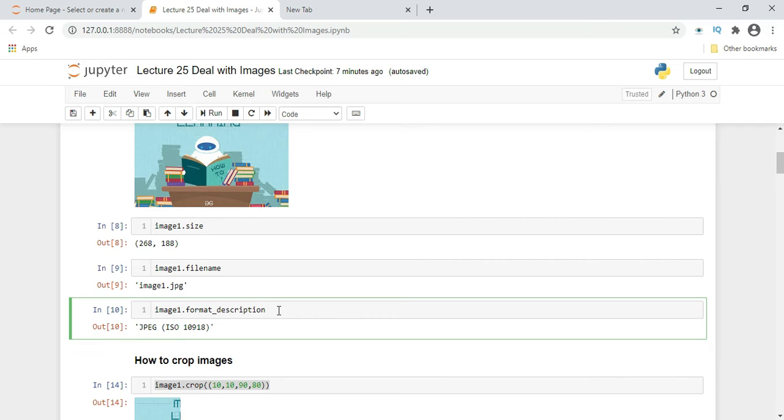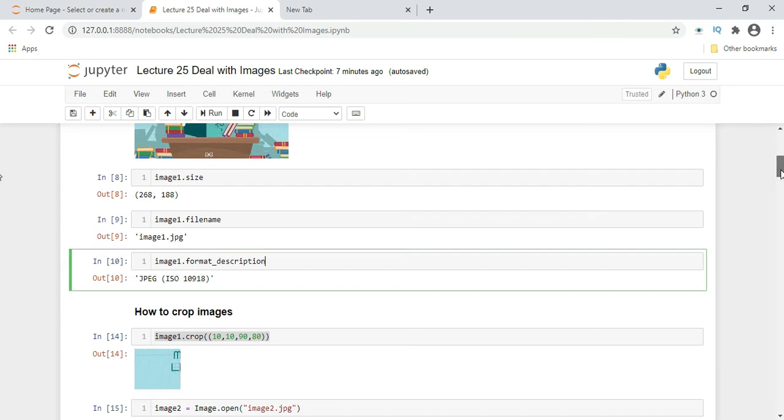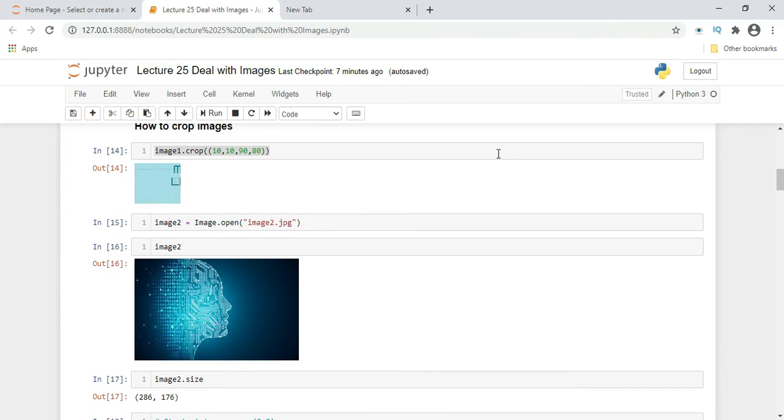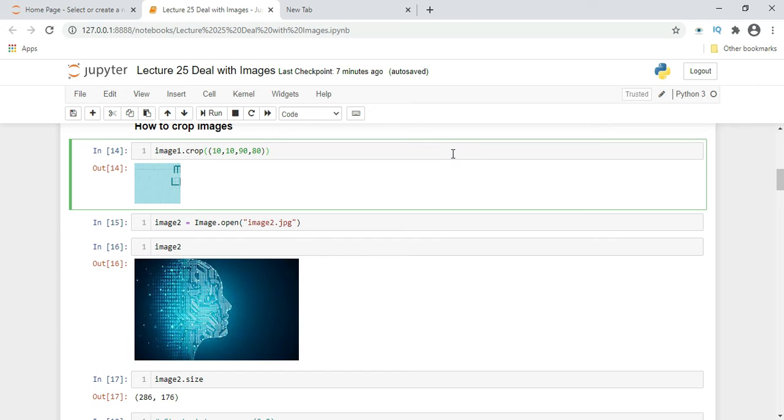Okay, now we will see how to crop images. Crop means some part from that image we will crop and save it. Here we are not saving it, we are just directly cropping, because for saving we need a variable where we will store the cropped part of an image.